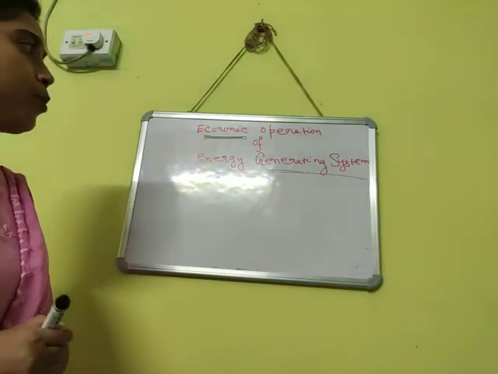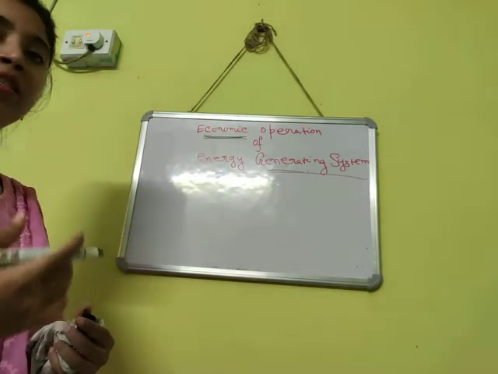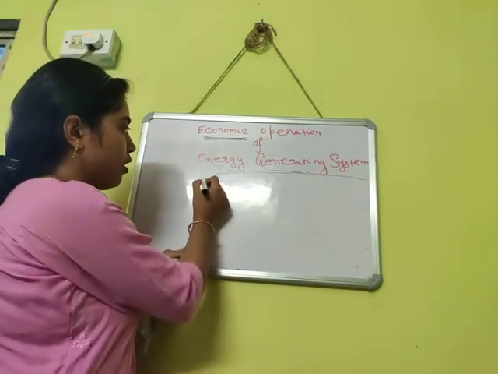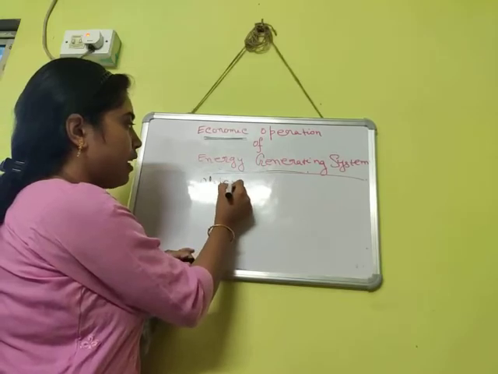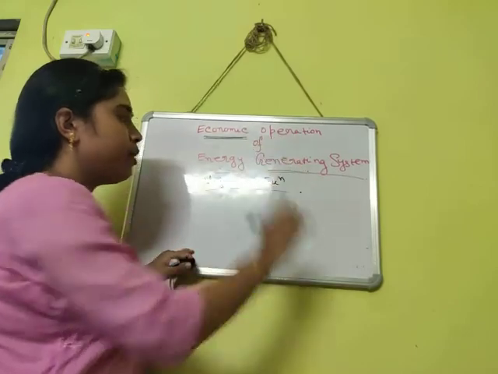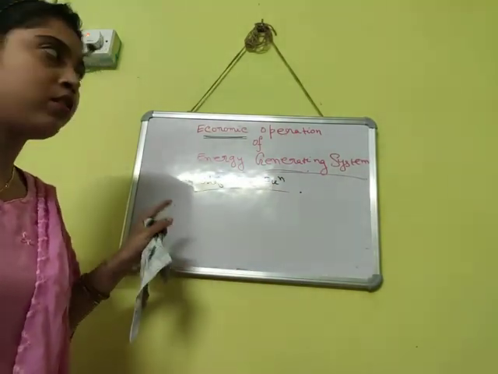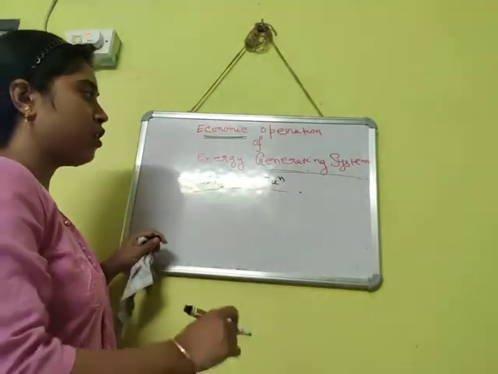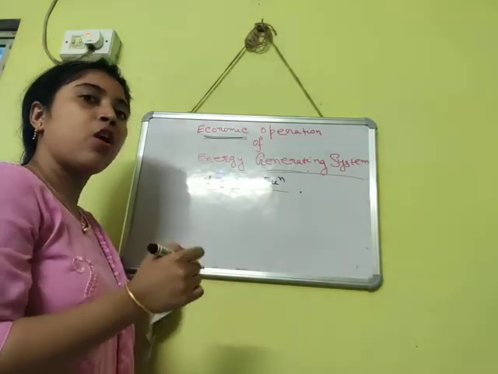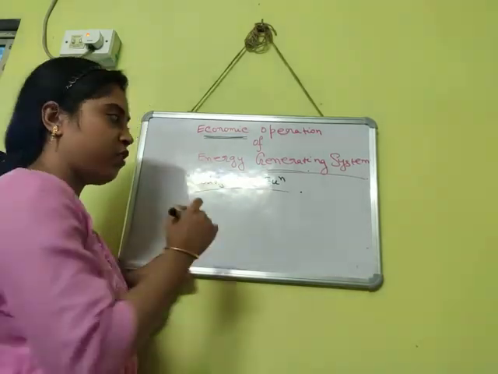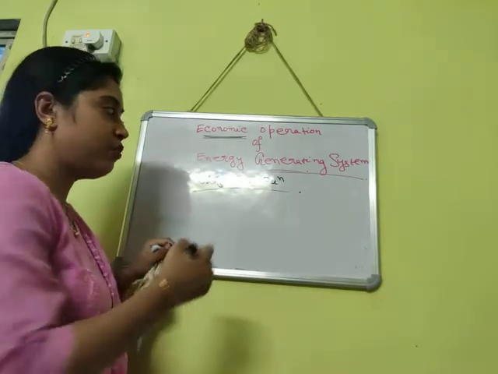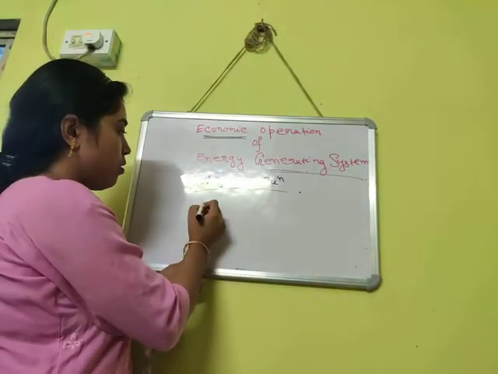So move to our topic step by step. First, move to our objective function. Already I said that the objective is the minimization of total fuel cost. If we consider a thermal generating unit, the cost function is always a quadratic function. The cost function is always represented in the form of a quadratic function. Now suppose